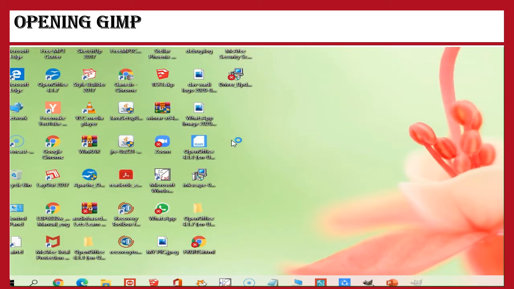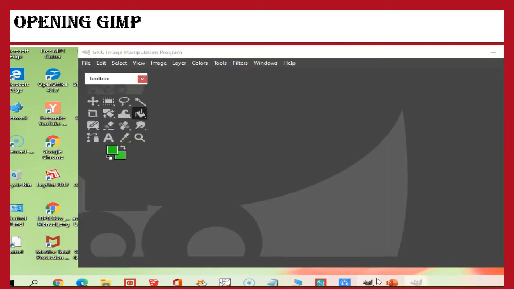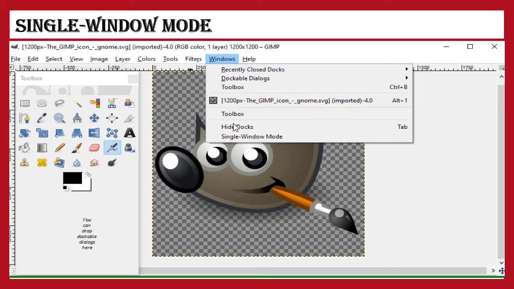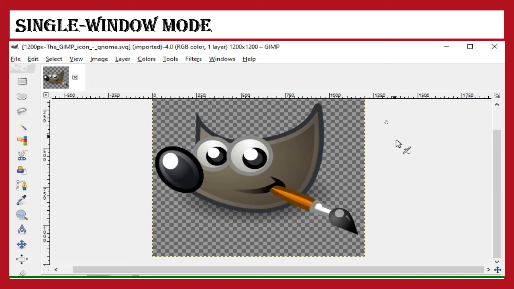Like this you can open the GIMP, or else you can keep the shortcut icon of GIMP on the desktop, or else you can pin the GIMP in your taskbar. Children, in order to enable the single window mode, go to Windows menu and enable single window mode, so that everything will appear in one single window.